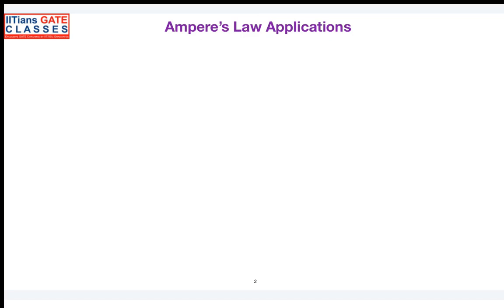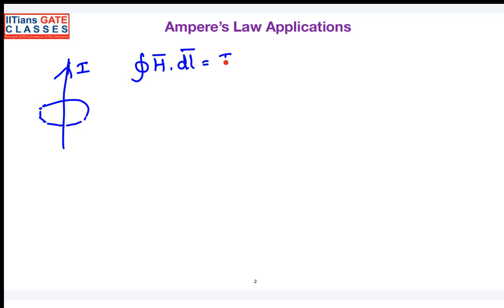Right. In this session, we have seen one of the Maxwell's equations, that is Ampere's law. So what does Ampere's law say? When you have a current carrying wire, you know that the magnetic field will be developed around the wire. So the line integral of the magnetic field intensity in a closed loop is equivalent to the current which is enclosed. So we'll use the same Ampere's law to find out the magnetic field intensity